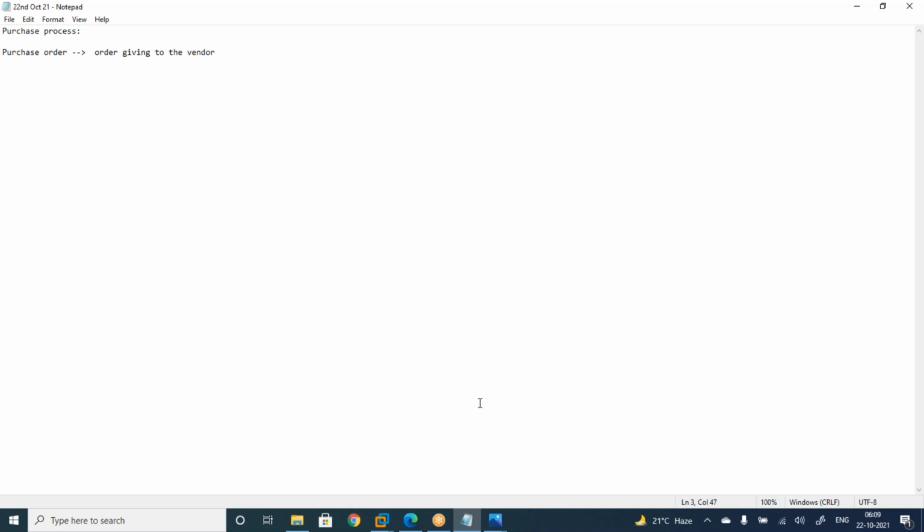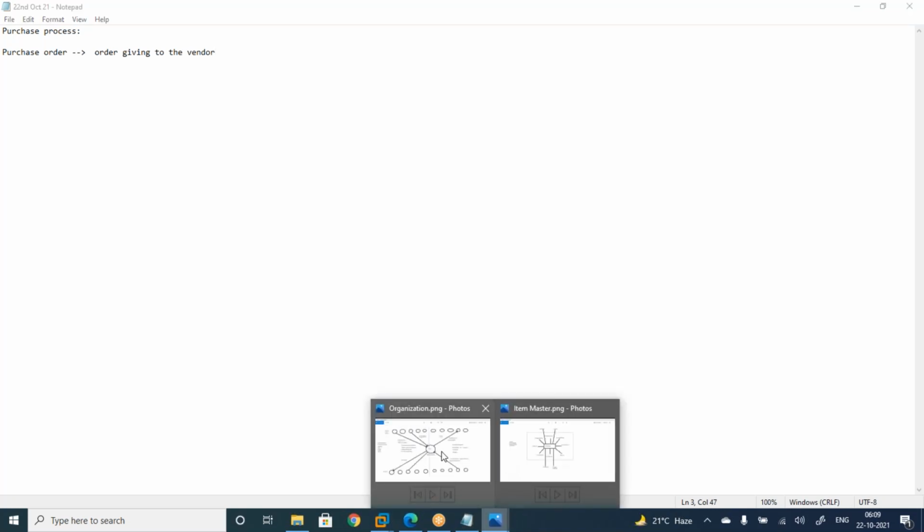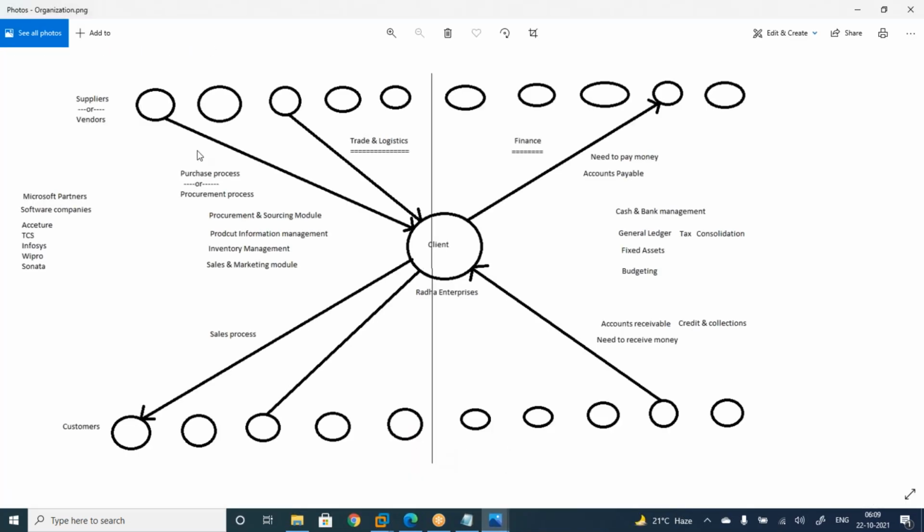Giving an order to the vendor. This may be over phone, you are informing, or you are creating a purchase order and sending that soft copy to the vendor in an email, or in olden days it may be a printout and you are sending a physical copy to the vendor.